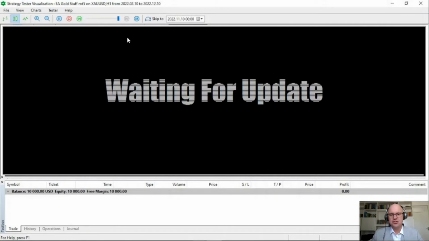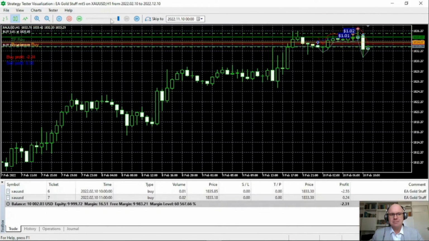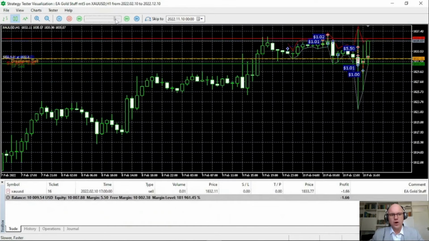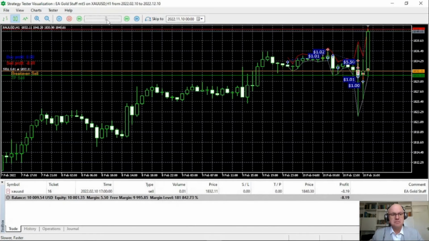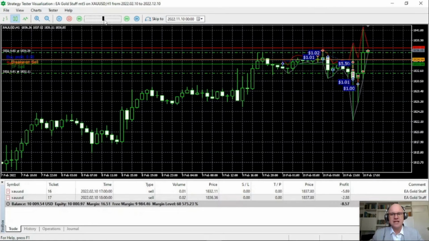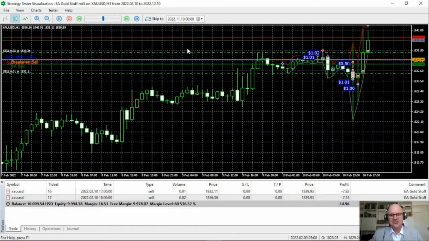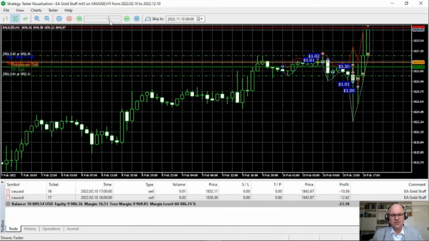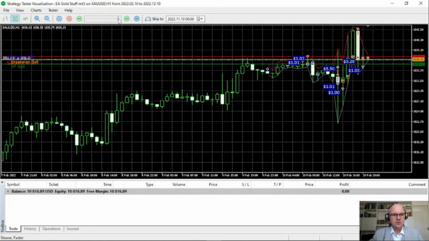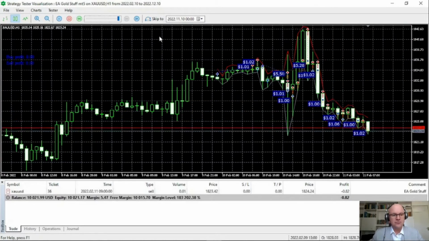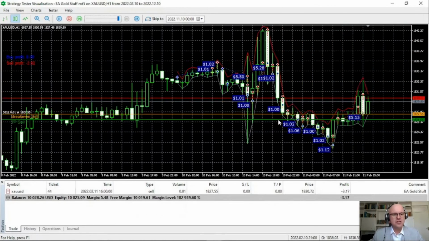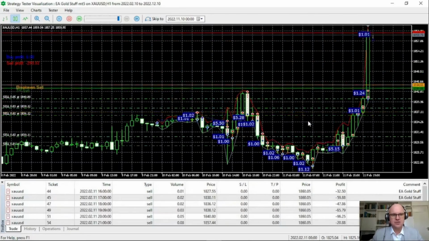And the first thing that you will notice is that it places a large quantity of trades, meaning it is a very aggressive style expert advisor. Now, this can be very good as it already has generated $9.54 within a few hours of running. However, with great return, there is of course a higher probability of risk.